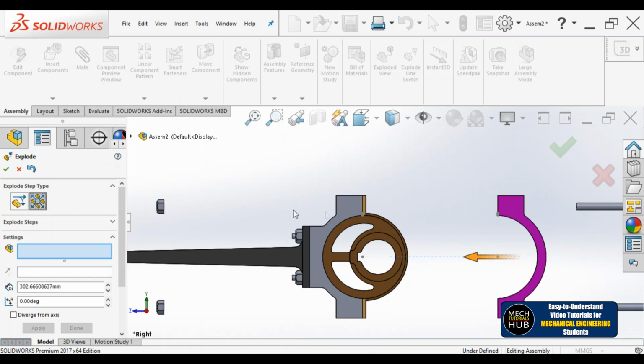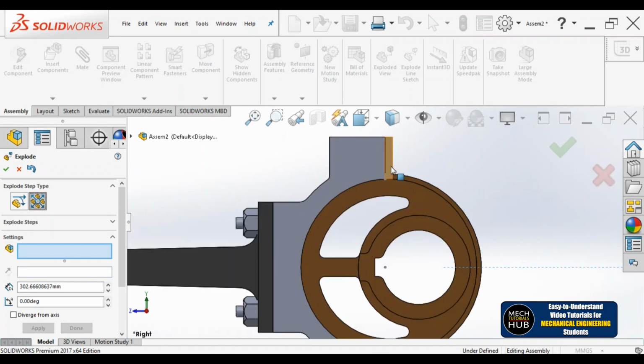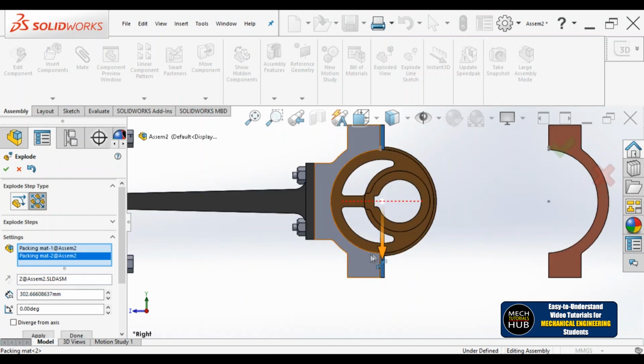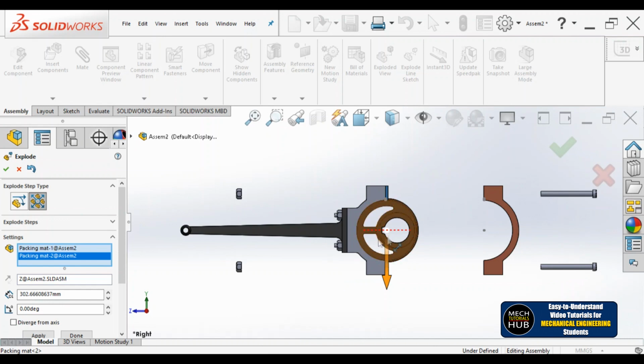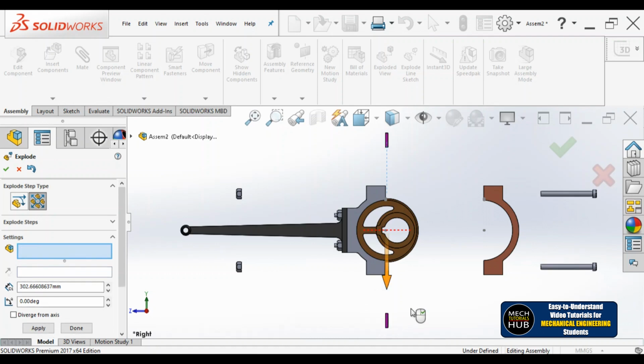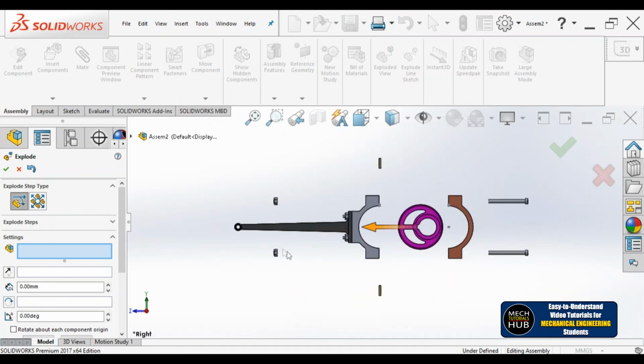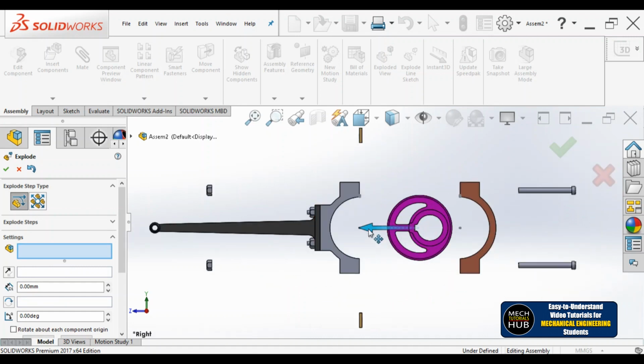Now I shift from regular step to radial step. Now I'll select both of them in parallel. This is the first one and this is the next one. Now if I move this towards one side, then the other one will also move to the other. With respect to the center line or the axis, both will maintain the same offset distance. Just have a look, with the same offset distance it can travel. Similarly I'll click on the sheave. For that I'll again shift my option to regular step, click on the sheave, click on the axis and move it. Done. Till here it is fine.